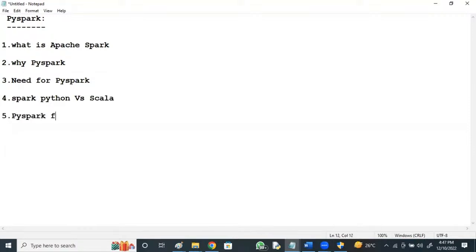PySpark features, real-time usage of PySpark, PySpark job market.